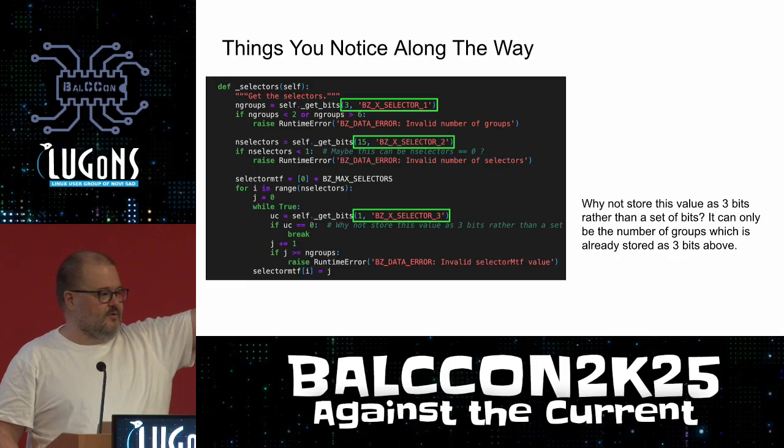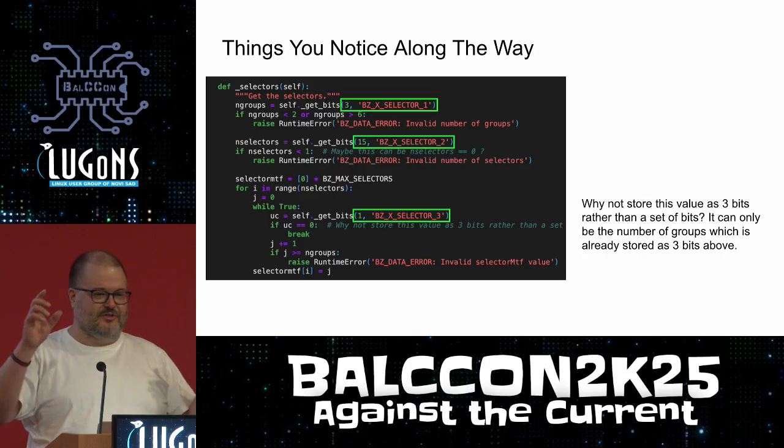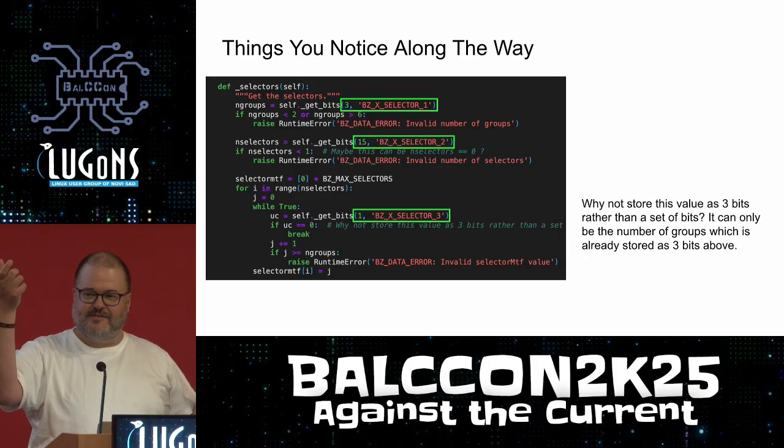So for like 2, it would be 1, 1, 0, and then for like 5, it would be 1, 1, 1, 1, 1, 0. Did I say the right number of ones? Whatever. But you know what I'm saying. So what they could have done is save just a small amount of space because they end up storing